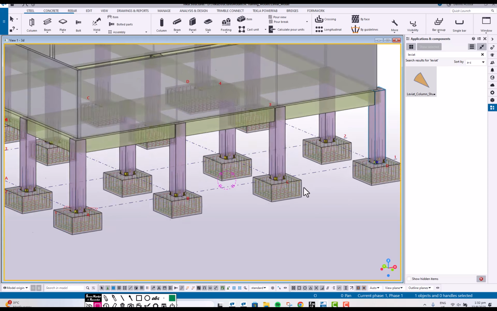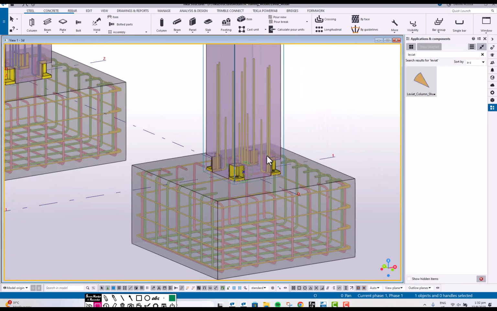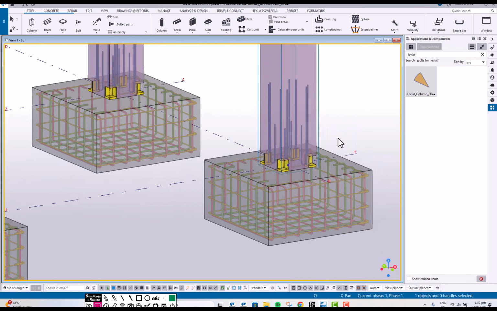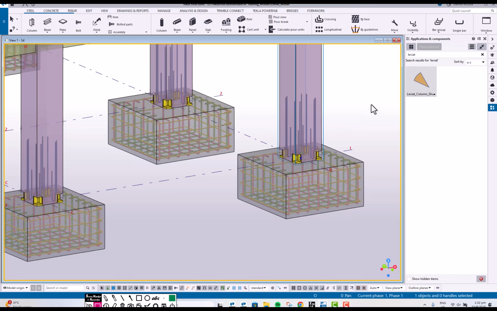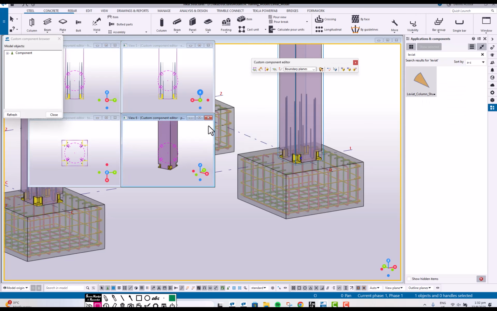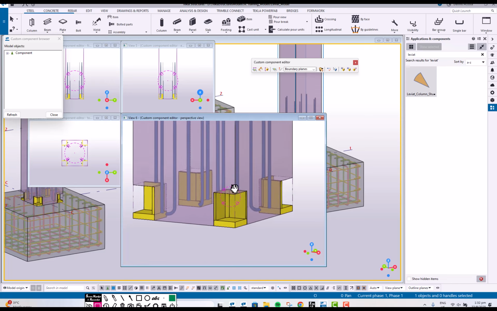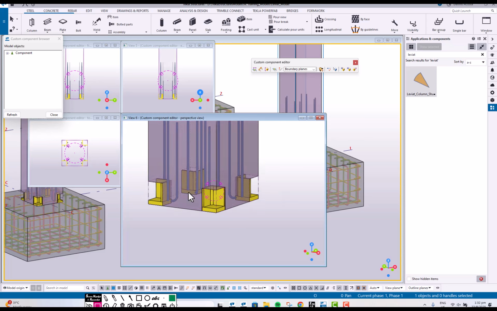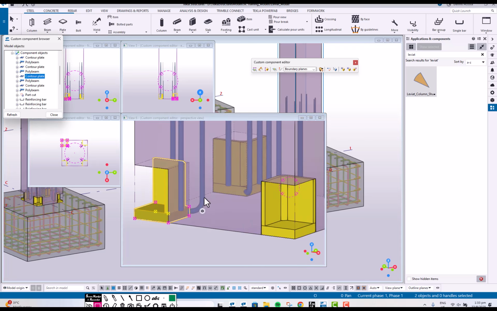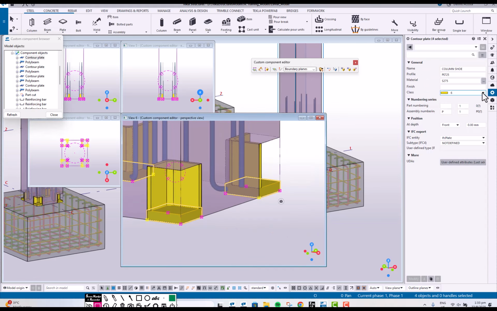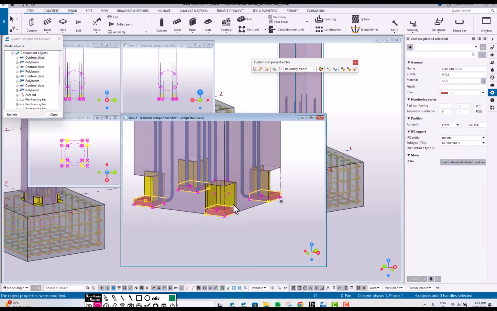Now, the good thing in this situation, since we don't have the intelligence yet: if I right click and then edit custom component, I can change something here, let's say the color. Maybe I'll change only the base plate color. I change it to red, right? And then modify. So I change only one, the main. And then if I close it,